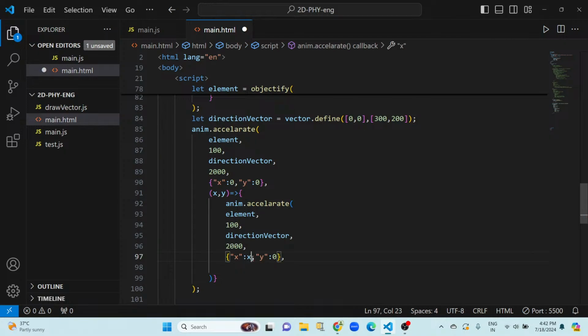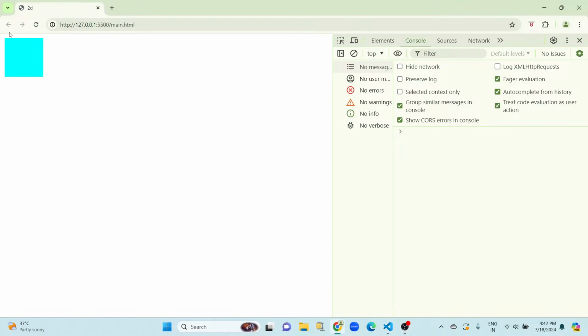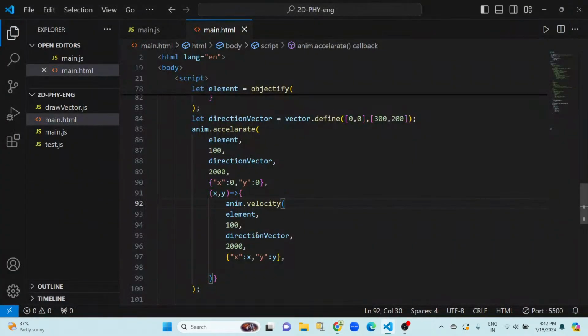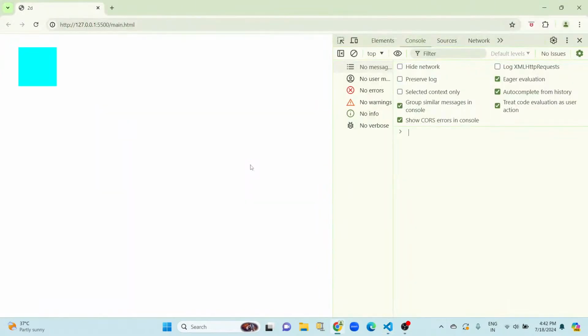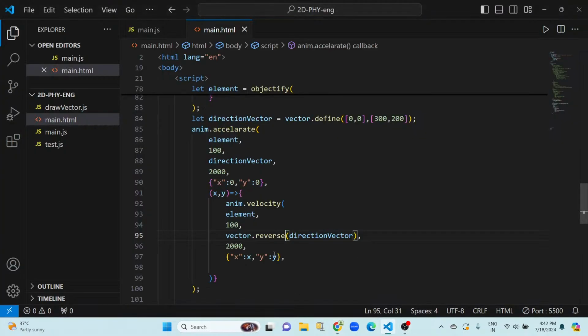And rather than from 0 comma 0, I want the animation of, let's say, let us not accelerate this function after the first animation. Let us give it velocity towards the reverse of the direction vector. There is a function known as vector dot reverse, which reverses the direction of the vector. Now you can see how the animation will go, right? This is how we can use it,